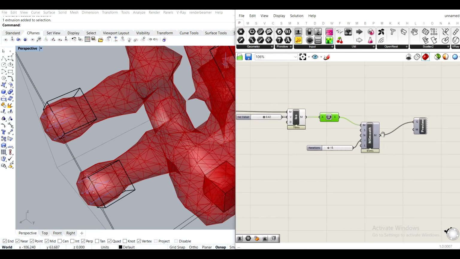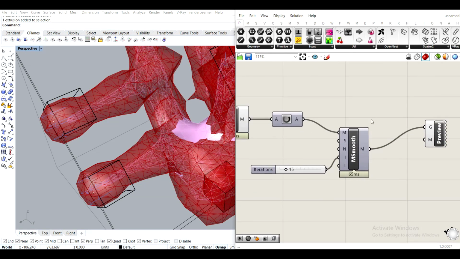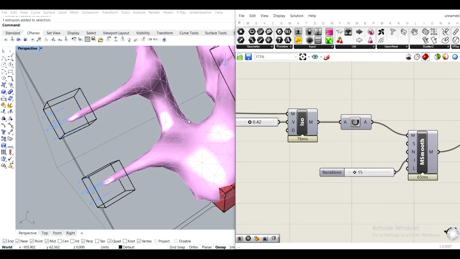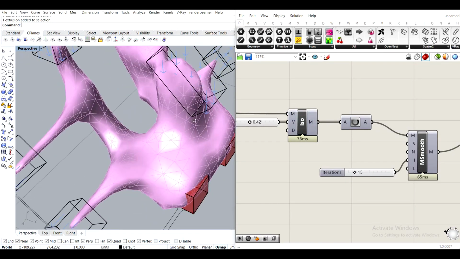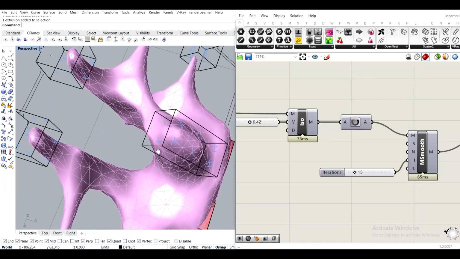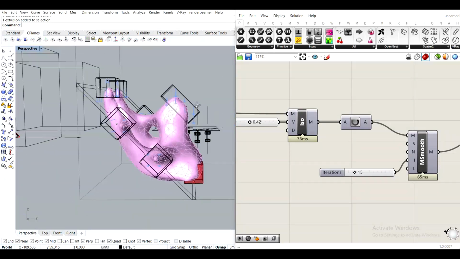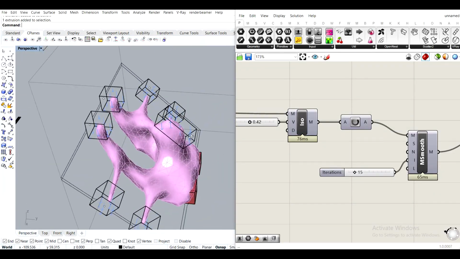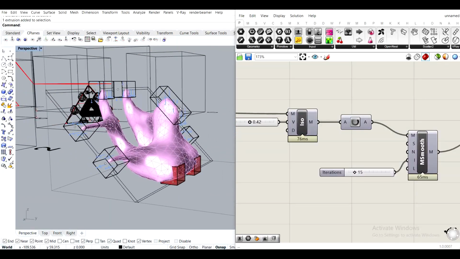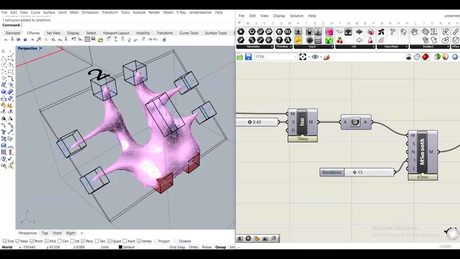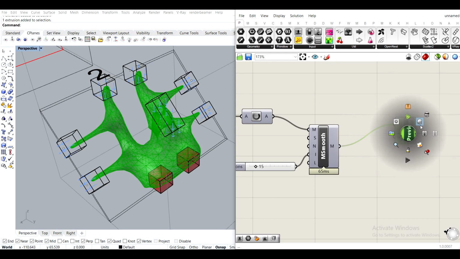Let me smooth it out. Look at the preview. And this is how it looks once it's smoothed out. Neat. There's one thing that I want to definitely fix, and it's